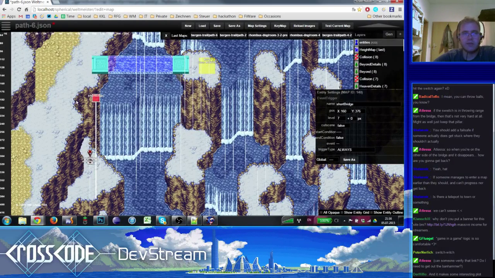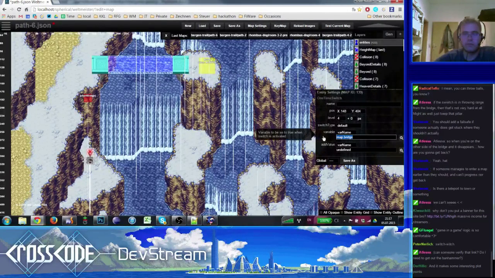Actually, maybe I will even add some new graphics for this one, but I'm not sure because this switch doesn't even have proper graphics for going up again. I'm not even sure how it will behave when this will be set to false again. Maybe it will not even react properly. Then we need to fix something. We will see.